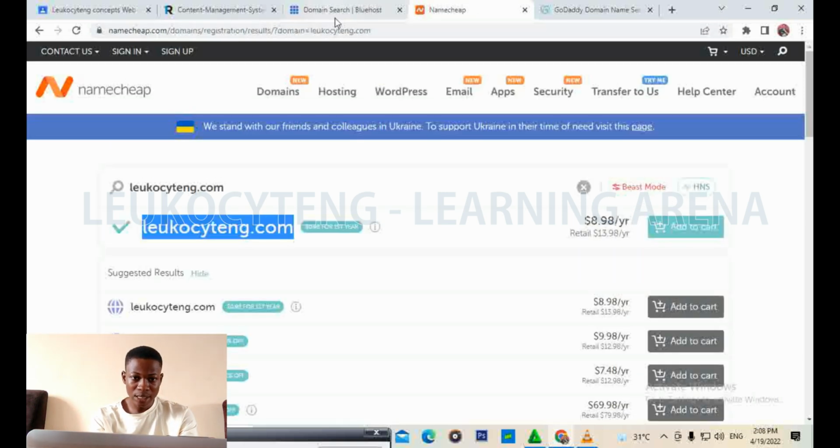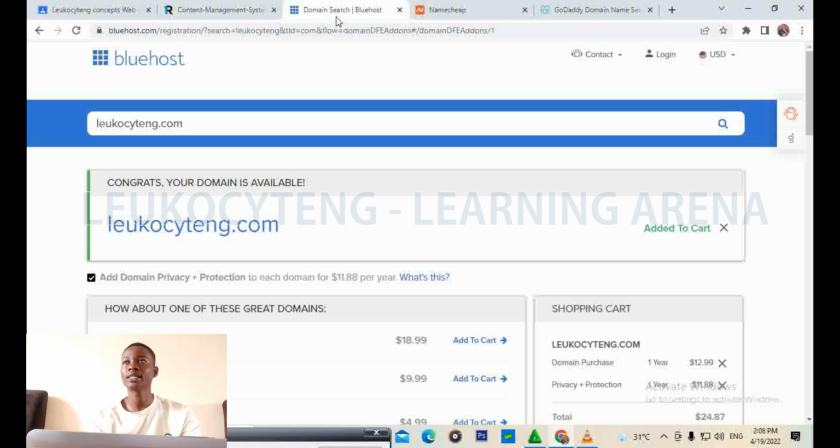Well, I don't know what GoDaddy is saying here, but what I'm trying to say in essence is all the domain companies in the industry are always connected, and whenever your domain is available on GoDaddy, it is available on Namecheap, it's available on the rest.